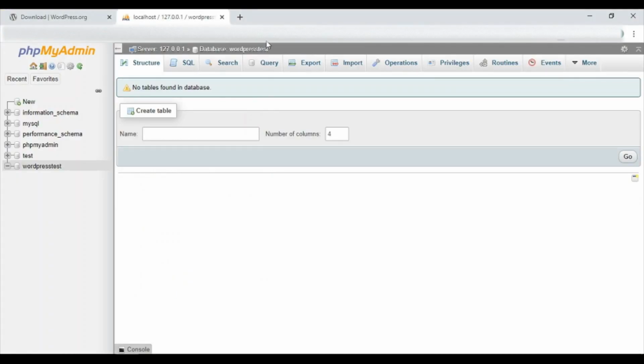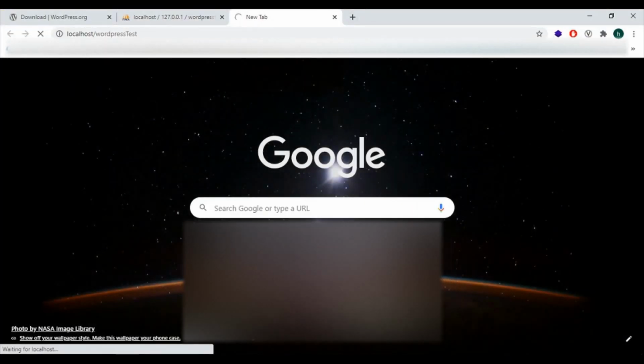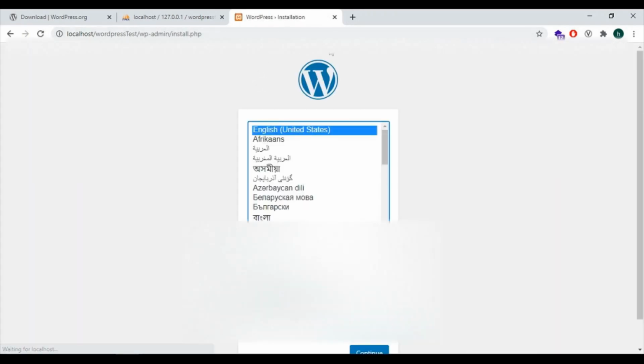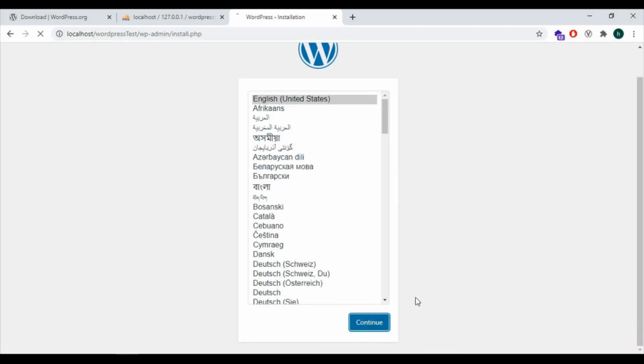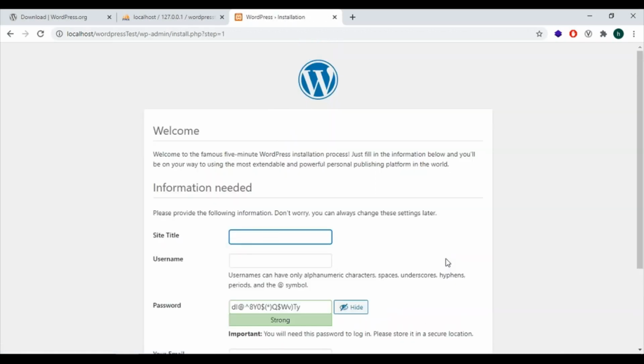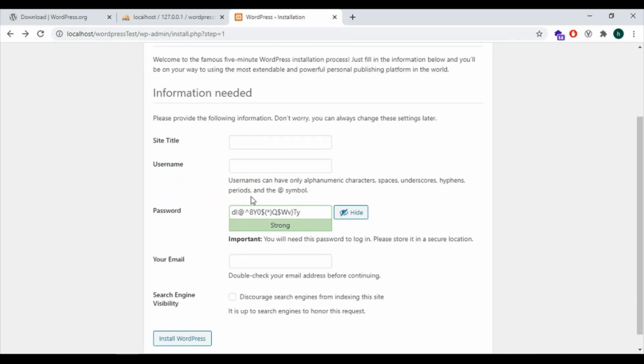Now open the browser and search localhost/your application name. Then it will navigate to the installation page here. Select the language. I'm selecting English (United States) as the language, and click on continue. Here we get to the WordPress installation wizard.